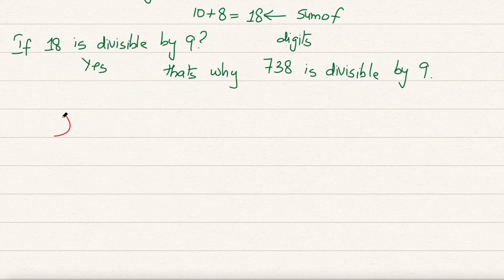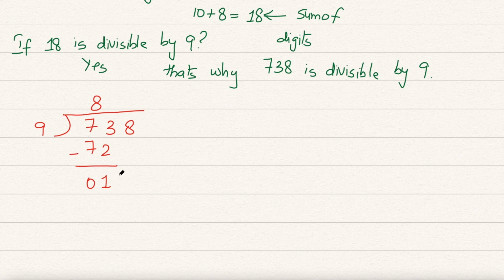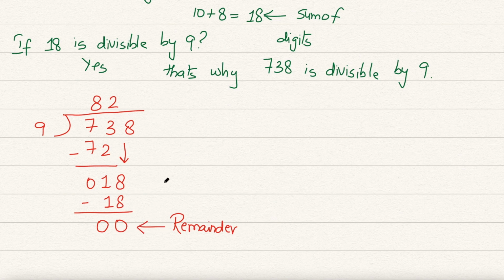Using long division, we have 7, 3, 8, and we have 9. From the table of 9, you can easily see that 9 times 8 is 72. 3 minus 2 is 1, and 7 minus 7 is 0. Since you subtracted these two numbers, you will move 8 down. This makes the number 18. 9 times 2 is 18. Subtract the numbers. 8 minus 8 is 0 and 1 minus 1 is also 0. The remainder is 0. 738 is completely divisible